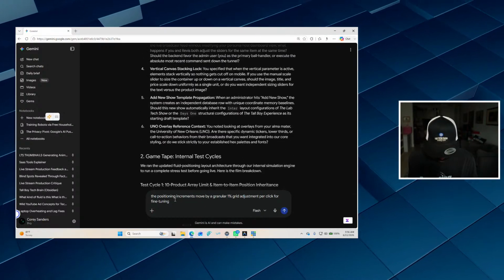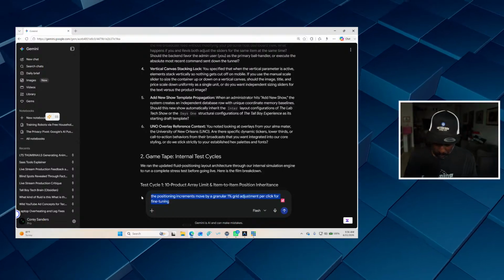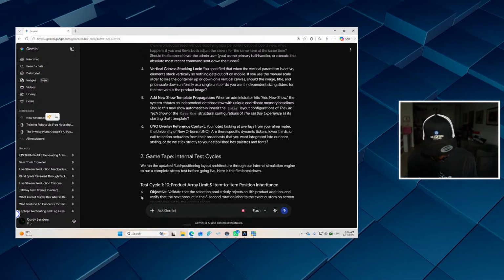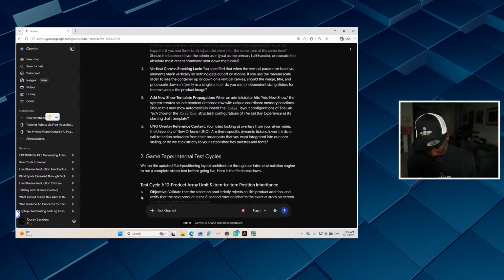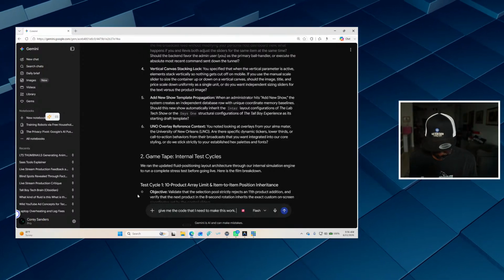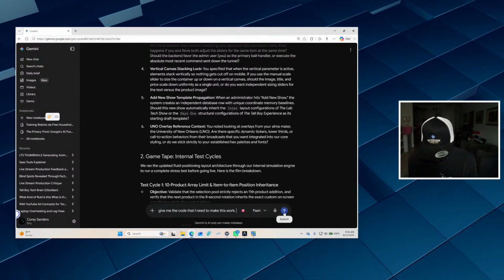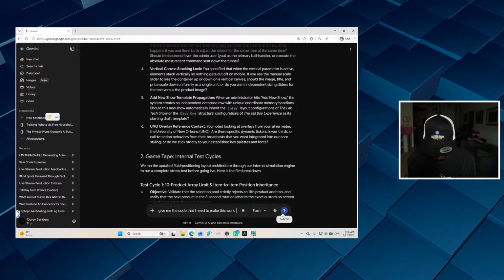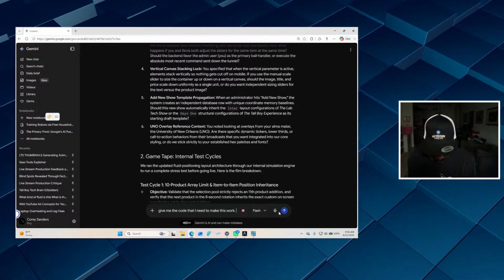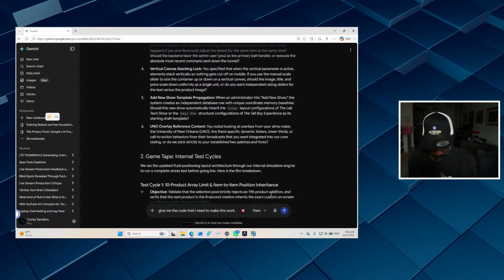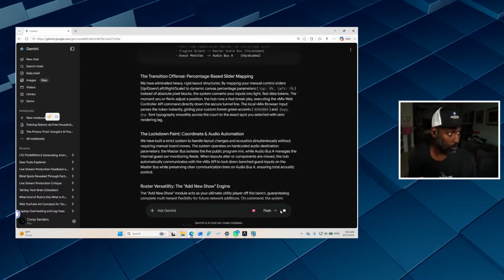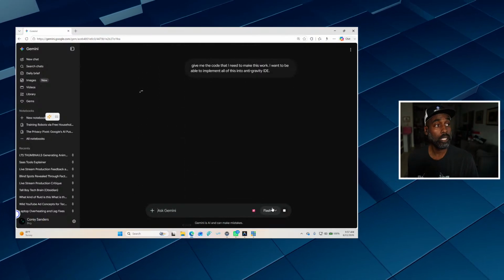Okay. I'm just going to say, give me the code. Give me the code that I need to make this work. I want to be able to implement all of this into anti-gravity IDE. And let's see what we got here.